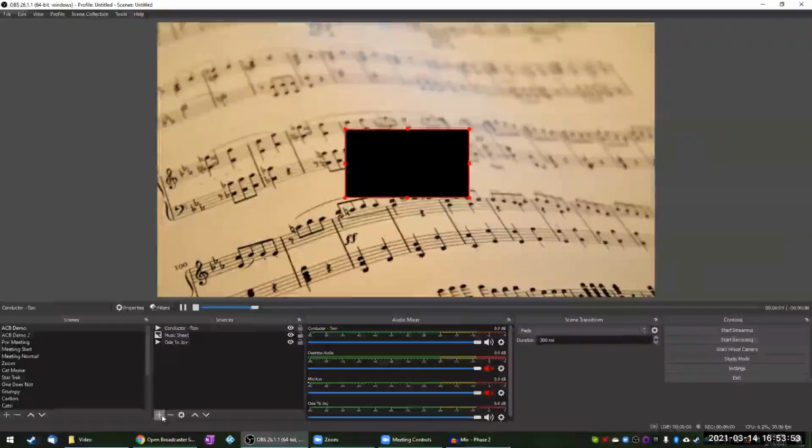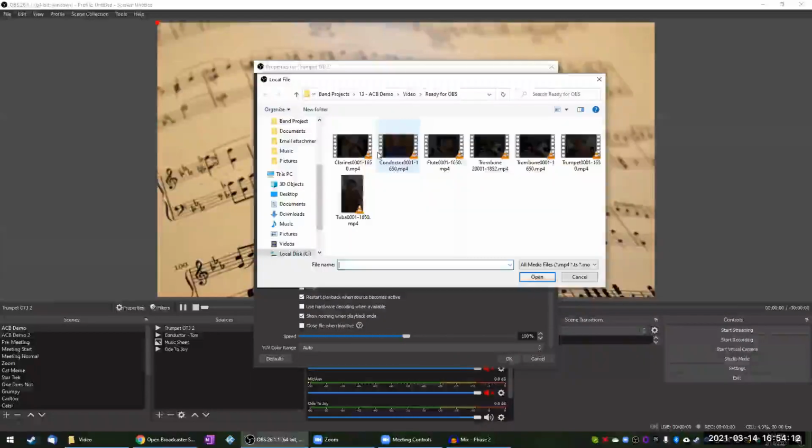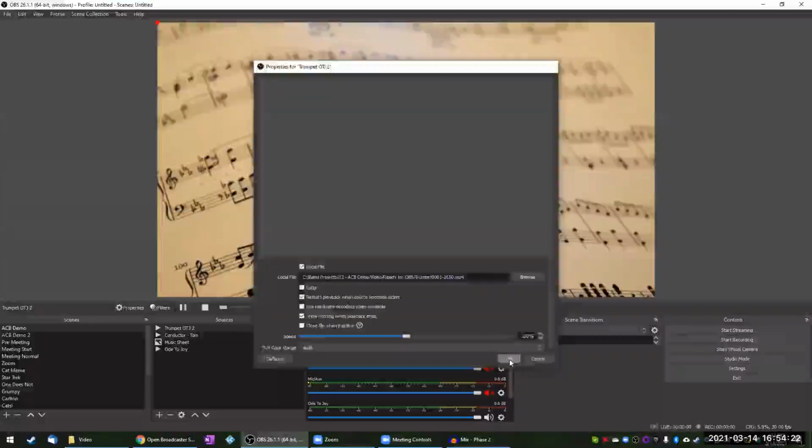Let's go ahead and add another one as well. We'll add the trumpet. Make sure I don't overwrite stuff that I already have here. Yeah, I already did that. About 2. As I'm working on similar media types, it's going to stay in the same folder I was in before, so it'll go smoother now. So we'll say trumpet. Okay.